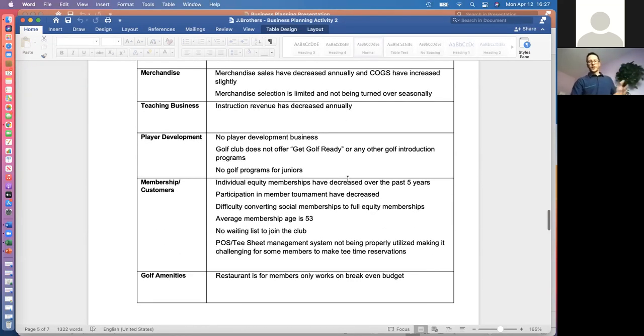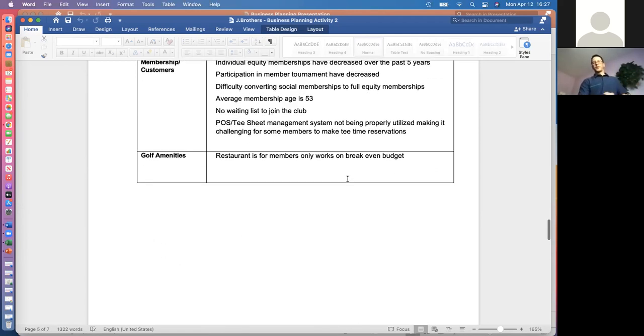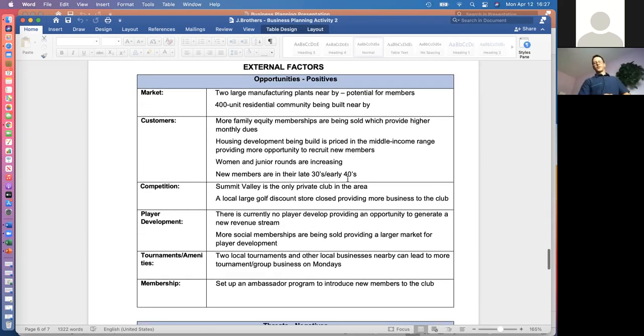And some other items there, revenue decreases. So it's items that were happening and that we have a little bit of control over. External factors, look at different items that are happening. There's some great info in this particular case study, talking about manufacturing plants and new residential communities being built nearby. So a lot of opportunities to